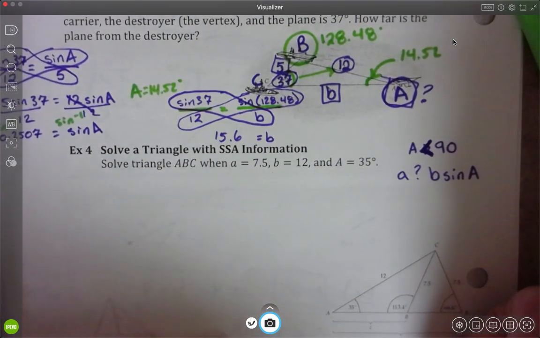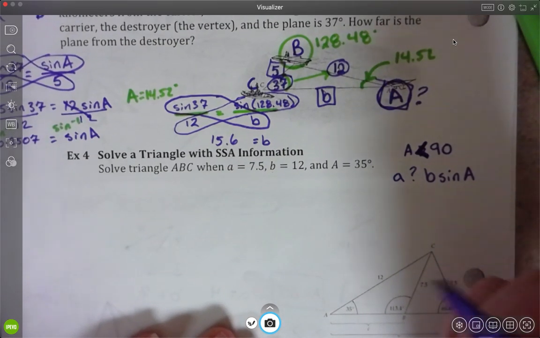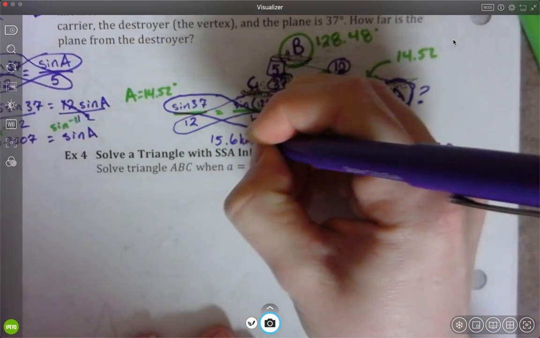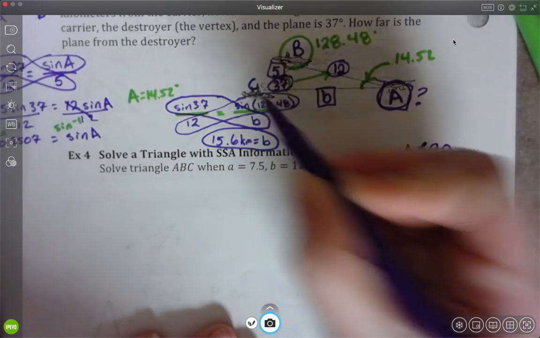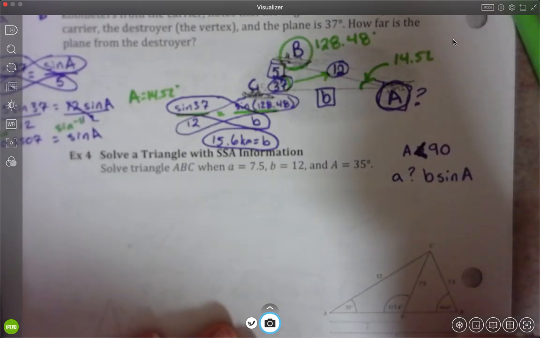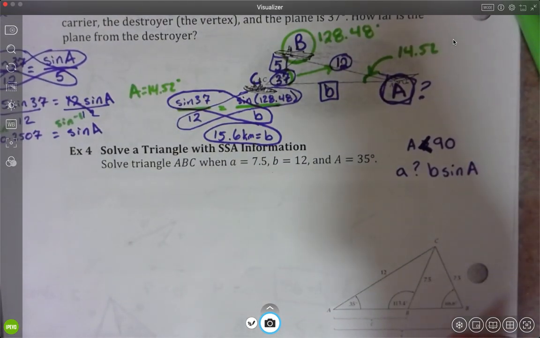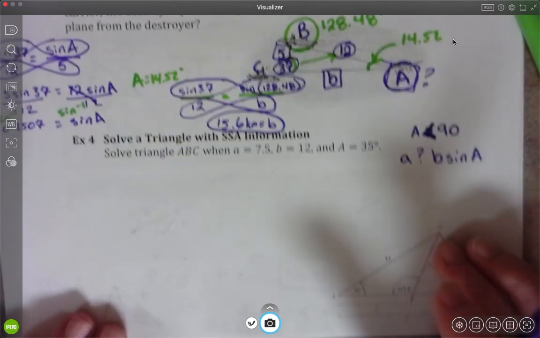and see what units we are in. Should be kilometers, so they are 15.6 kilometers apart. The airplane and the carrier, or the destroyer, I guess, the plane and the destroyer, 15.6 kilometers apart. Okay, all right, now in example 4,